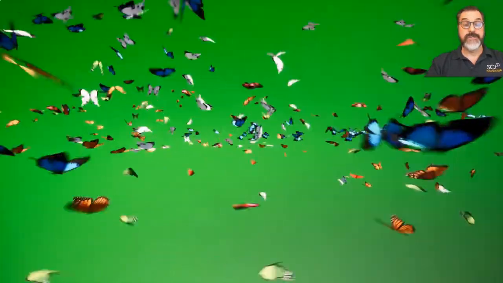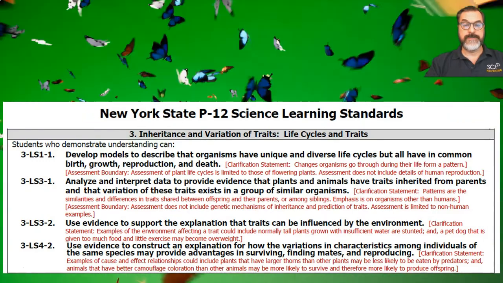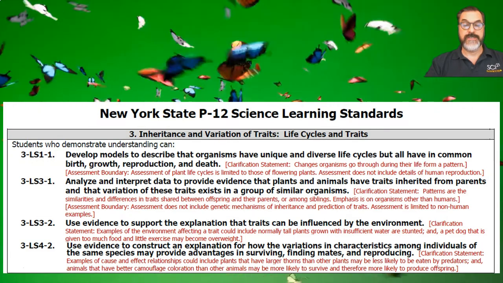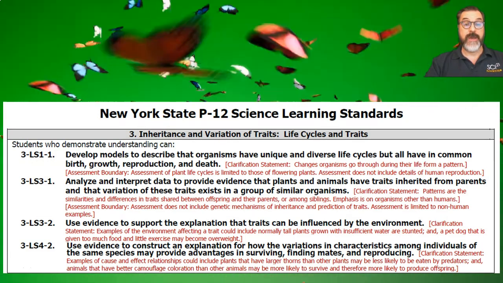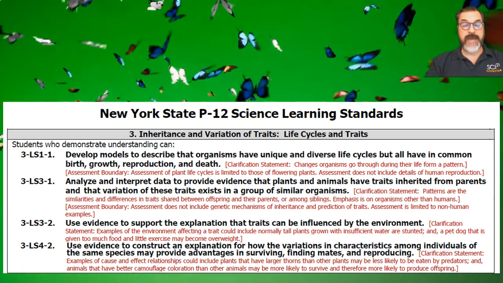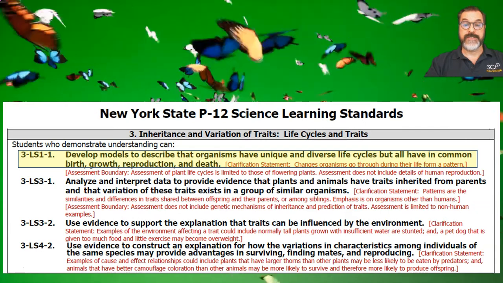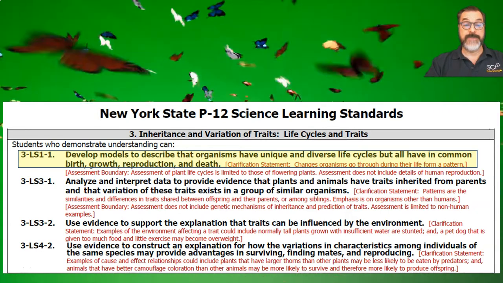Although butterfly development is highly engaging for students, we must consider the educational purpose of using these animals during this unit. This unit is the student's first deep dive into the external evidence of inheritance and variation of traits. In Grade 1, students will have investigated how an offspring is similar, but not exactly like its parent. In Grade 3, they will investigate and develop models of the typical phases that both plants and animals have during